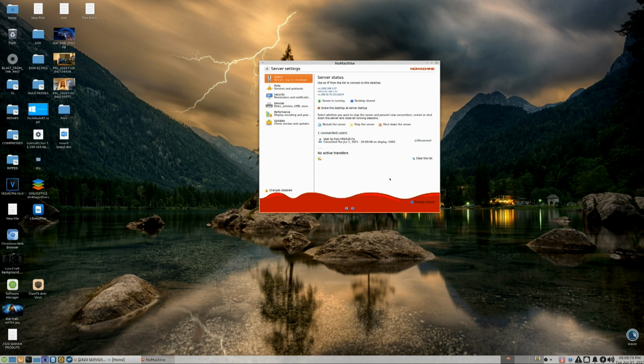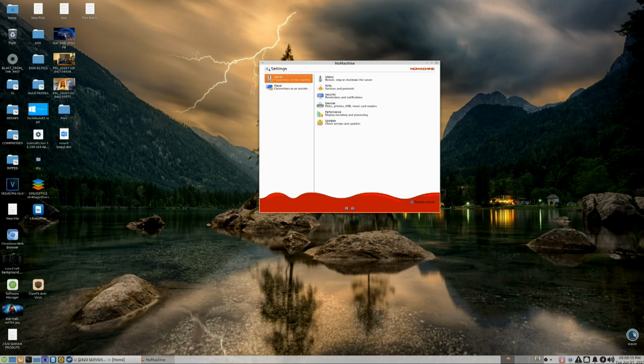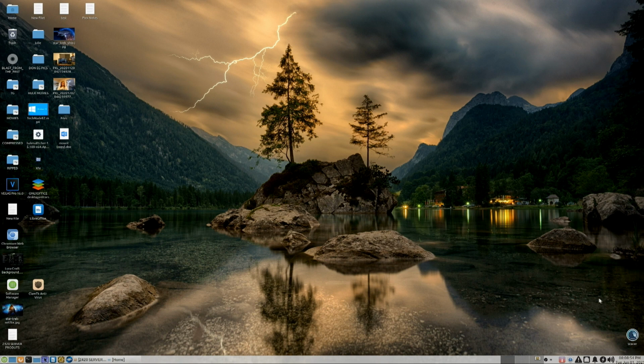Let's go to server status. Under server status, the server will not be running. You'll actually need to start the server. That's the only thing you need to do if you want someone to access, or you want to access, this Linux desktop. Other than that, everything works the same way. It's the same dialog box on all the platforms. And if I go here to show main window,